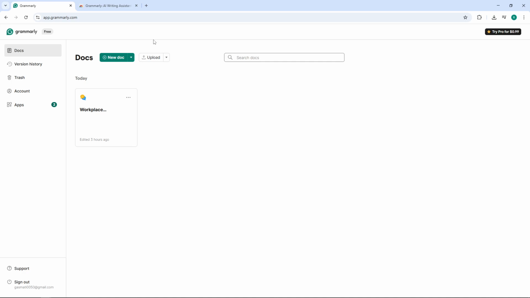First, open your browser and navigate to www.grammarly.com. If you're not already signed in, go ahead and enter your login credentials. Once you've signed in successfully, you'll be taken directly to your Grammarly dashboard where all your documents are stored and displayed. Now that you're in the dashboard and your documents have loaded up, we can begin the process of changing